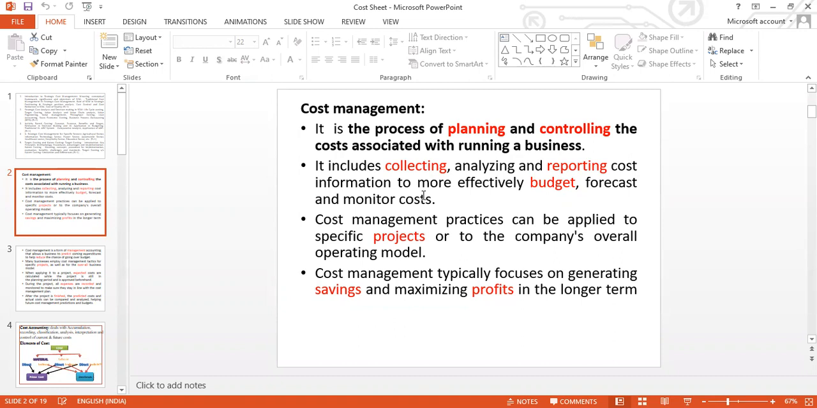लेकिन how cost management is different than cost account. एक्चुअली हम लोग कॉस्ट मैनेजमेंट में करते क्या है. ओके, see here,